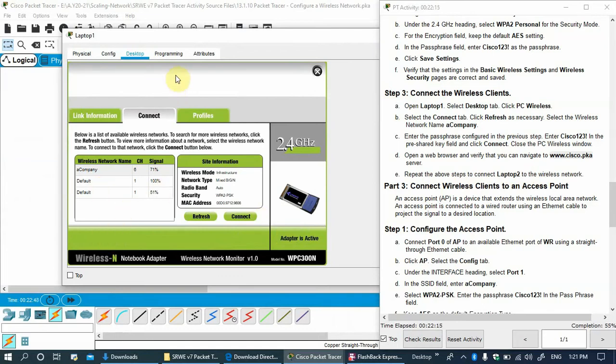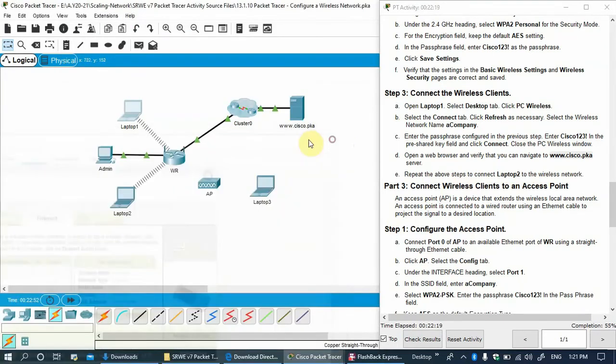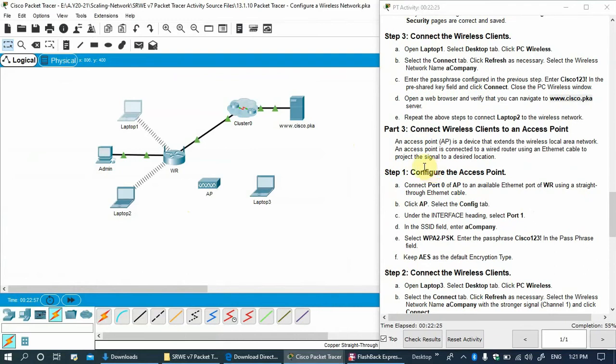You can see now it is connected. You can see this laptop 1 is also connected. So follow the same step. Okay, so after that what we need to do in part 3: connect the wireless client to the access